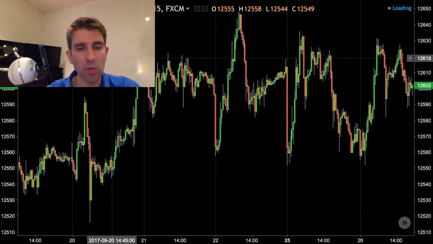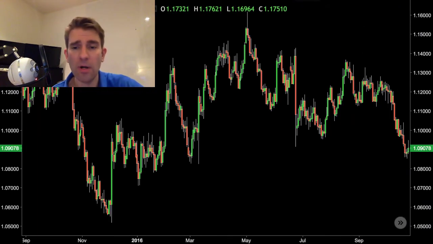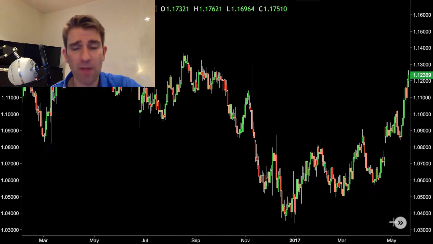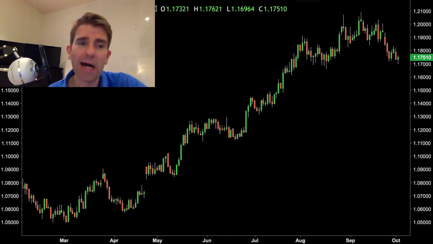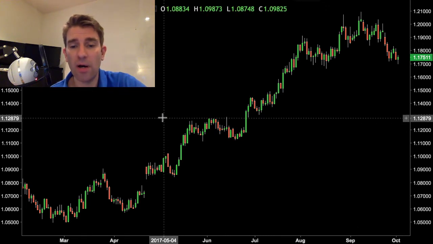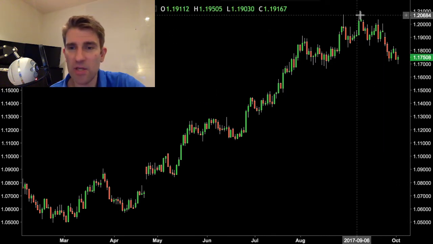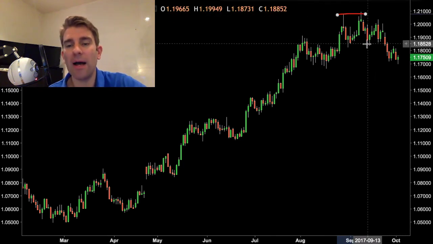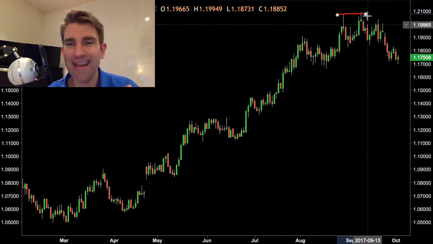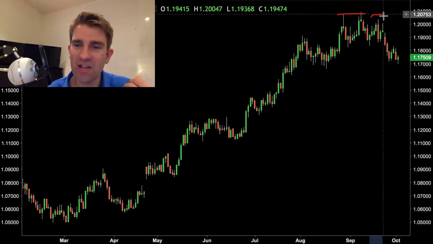And you know what? You can use this as well with daily charts. Let's look at a currency pair like Euro US dollar. Popular one. I know a lot of you guys out there trade the currencies, in particular the euro. So, for example, let's say you'd sold this double top here. You'd say to yourself, if it doesn't break down and start to move in my direction within a couple of days, I don't want it, because you wouldn't want the price to be sitting and just holding at highs.